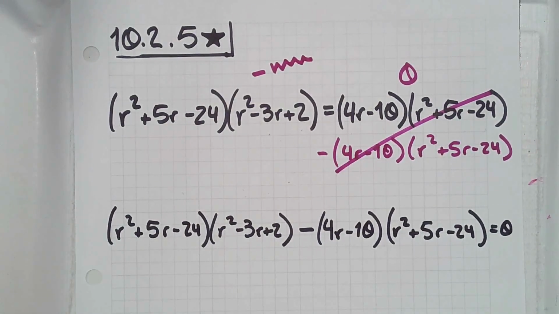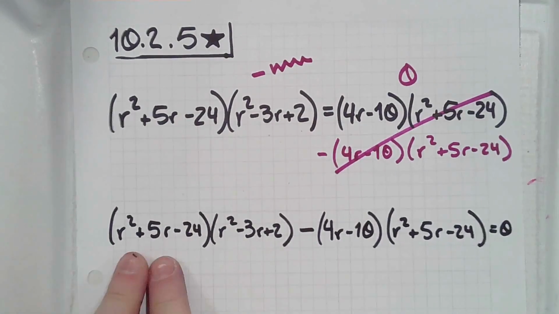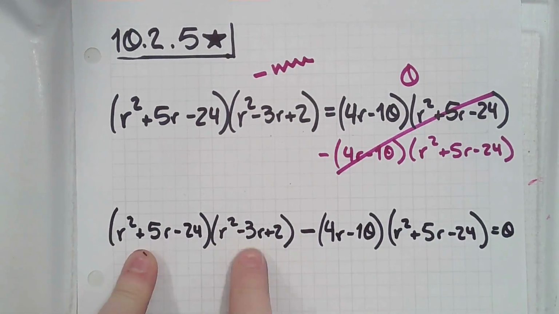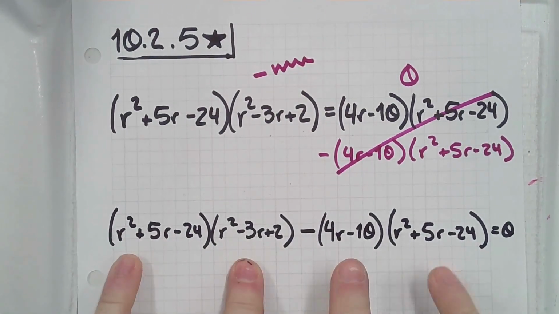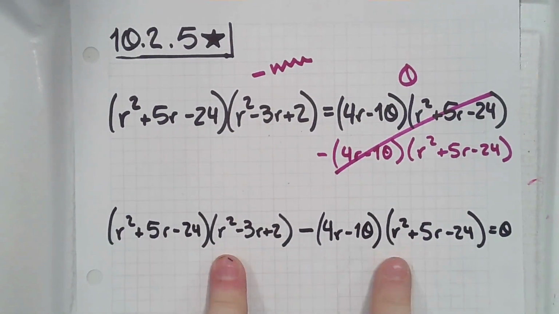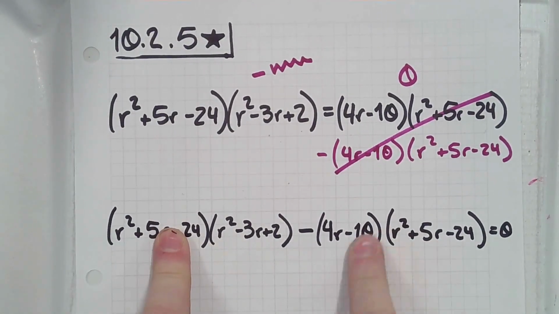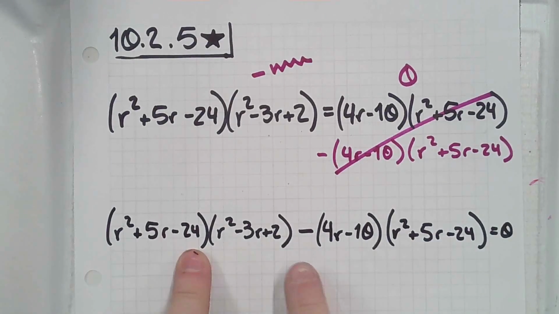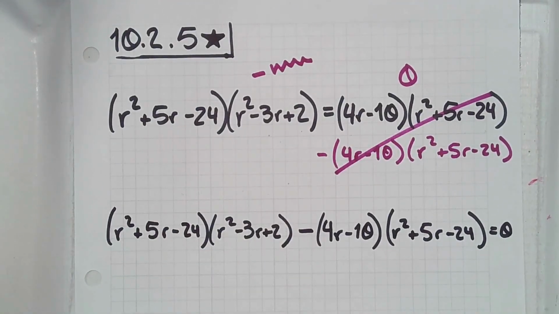Cool. So the problem right now is that if I were to get one of these to equal 0, yeah, that would make this 0 too because they're timesing. But because this is a minus sign, it's a separate term, right? We have two separate terms here and here. If this is 0 and this isn't, well, then we're not going to get 0, right? 0 minus something that's not 0 will not get you 0. So I need to get rid of that minus sign somehow. So what we're going to do is we're going to factor